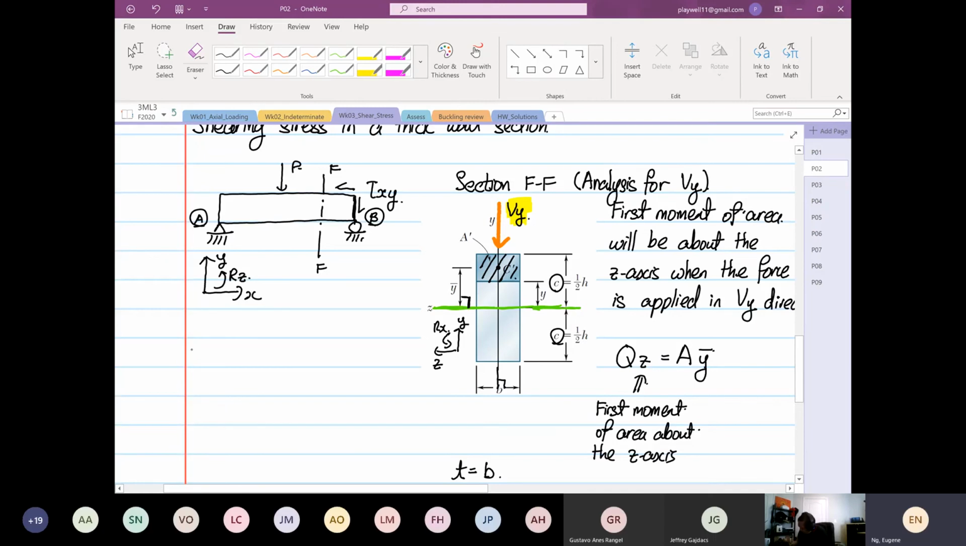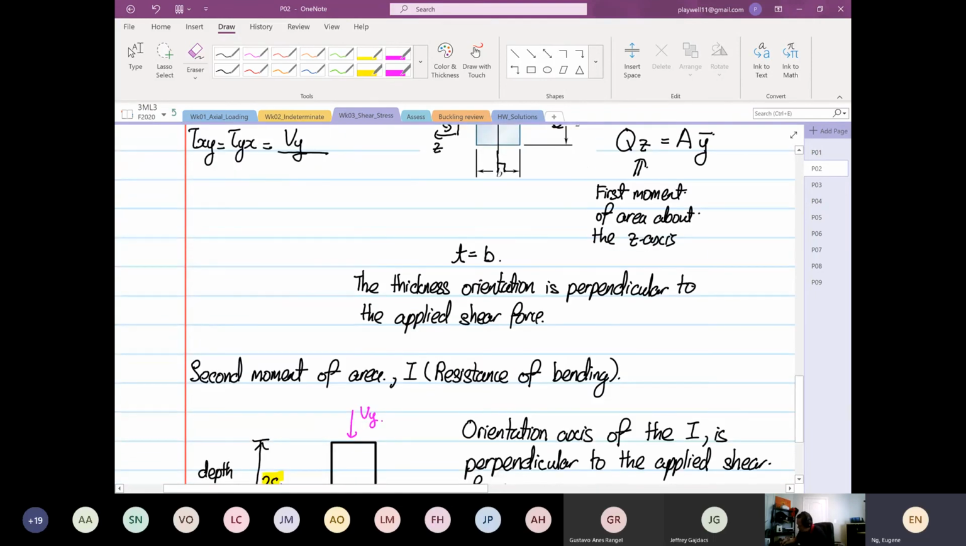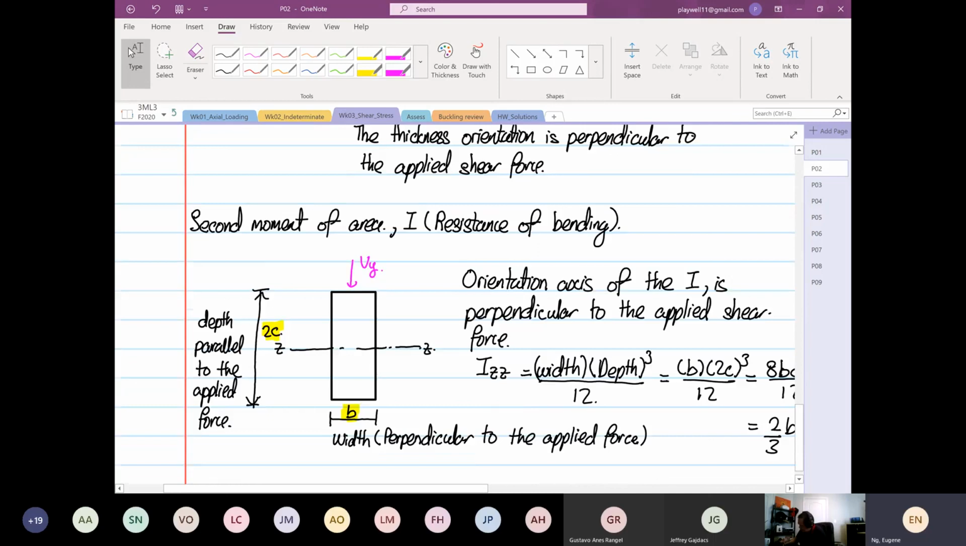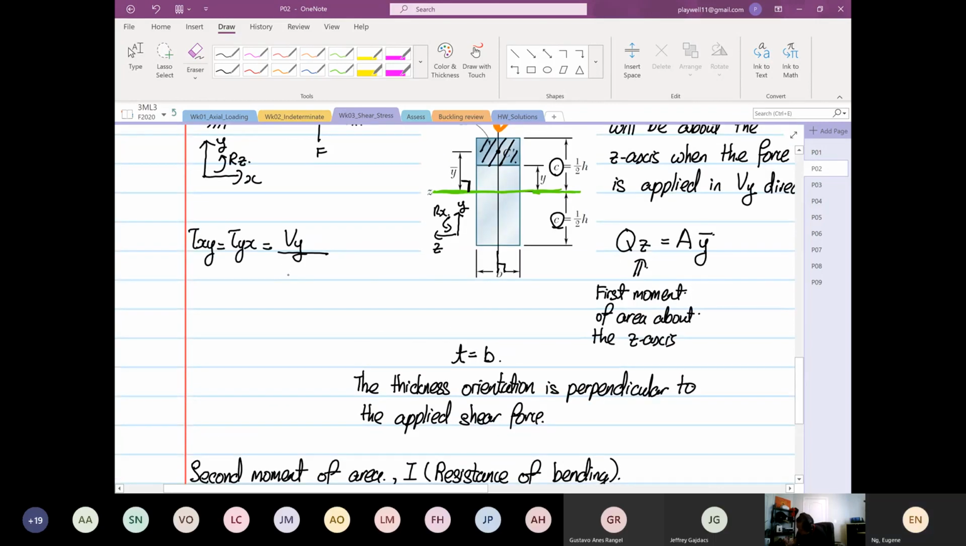So if you write down here, this is shear xy is equal to shear yx. And based on Vy, if this is Vy, then Vy will have to be divided by IZZ, right? And the Q will be in QZ, and then we have to divide by our what? Thickness. Okay. So if you look at this, the trend is Vy divided